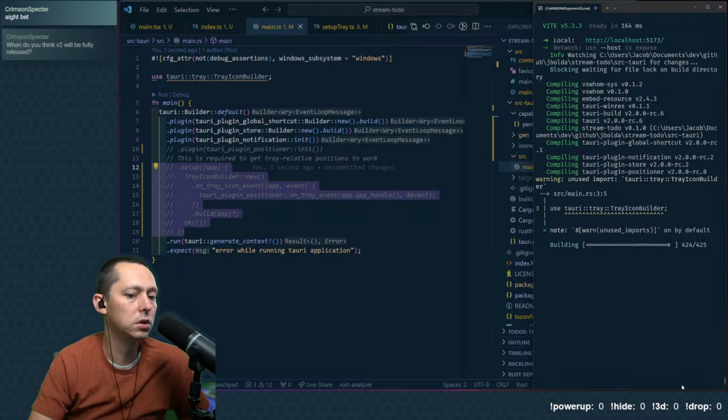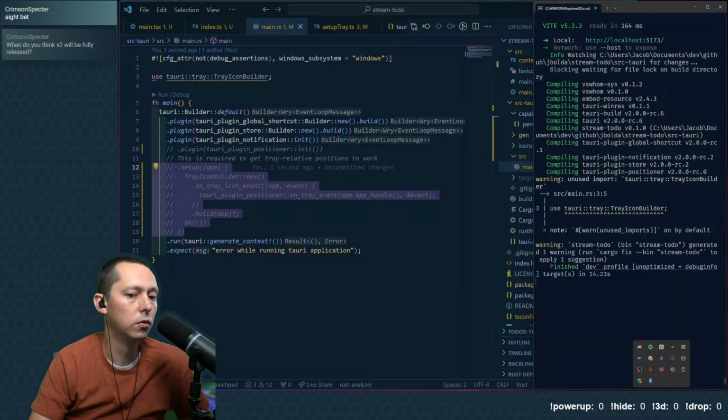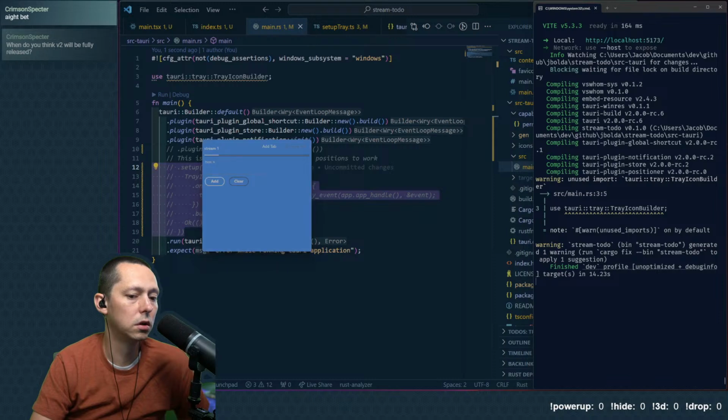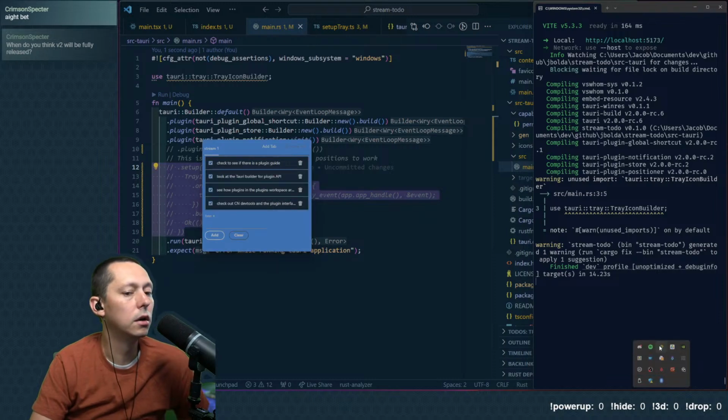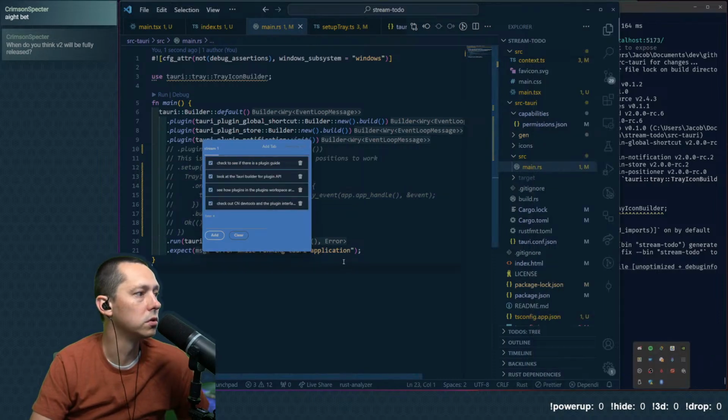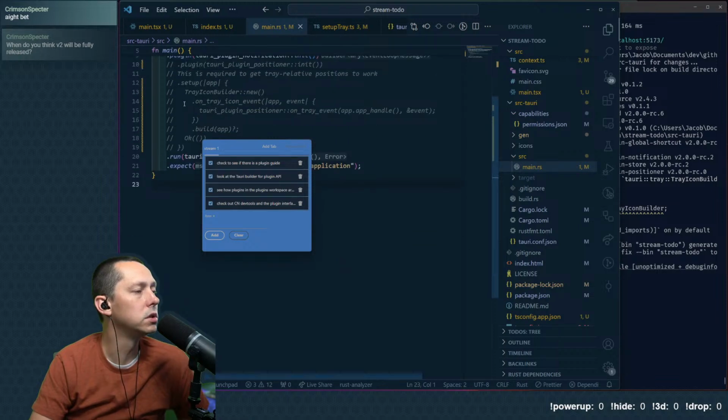Okay, unused import is fine. Don't have any icons yet. So it is the positioner plugin that's doing that. So that's doing a